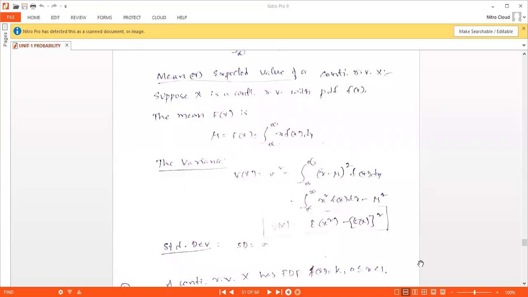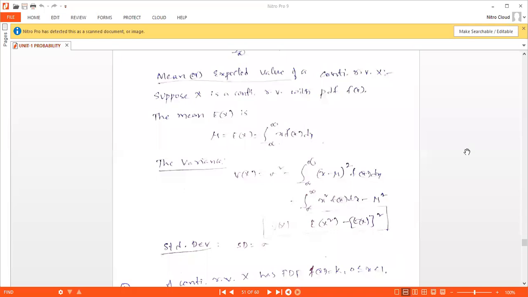So the mean, the expectation of x, which is denoted with mu, is defined by the integral from minus infinity to infinity of x times f of x dx for a continuous random variable. The variance V of x